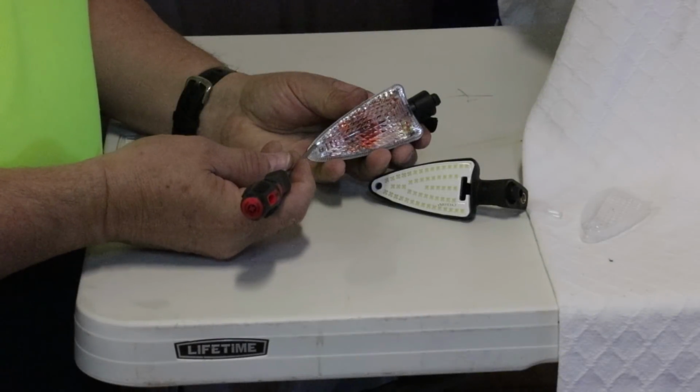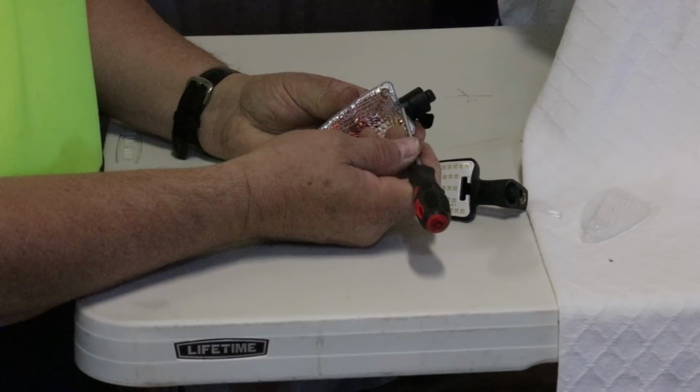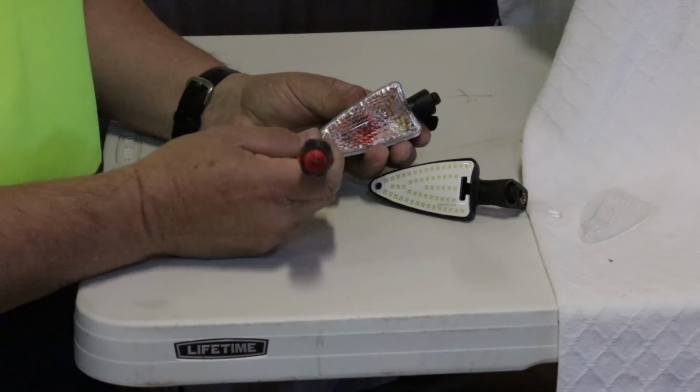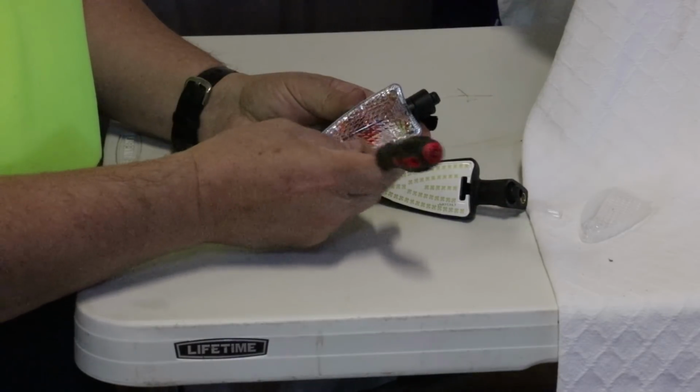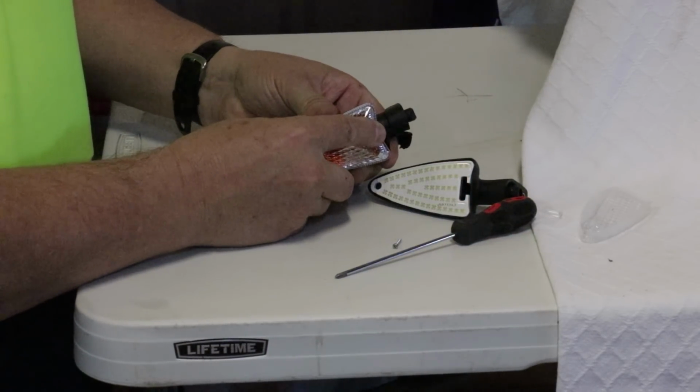When you're removing these lenses, you have to be very careful because there's a locking tab on this lens. And if you don't rotate this out in the proper fashion, you'll end up breaking that tab. So we take out our screw and then we gently